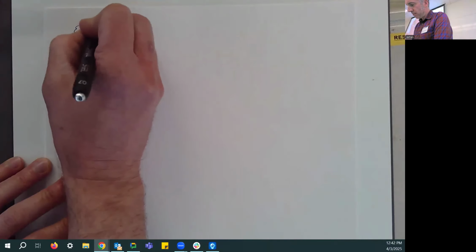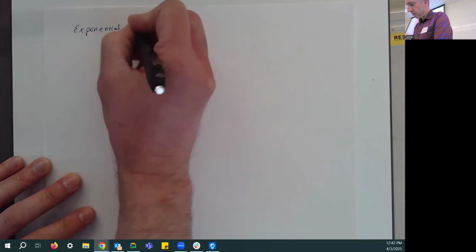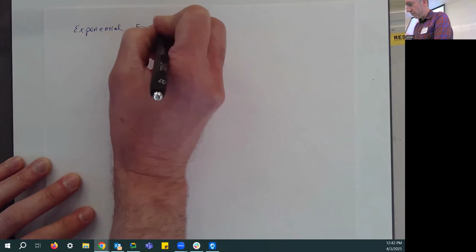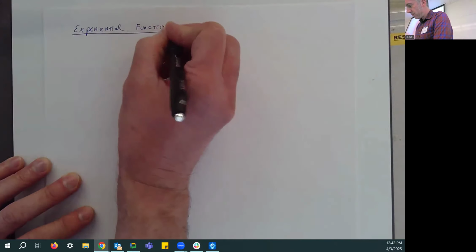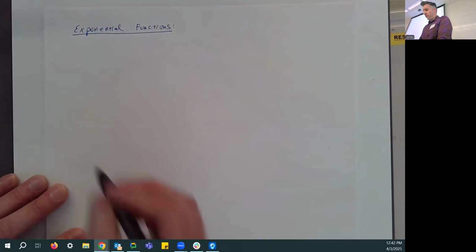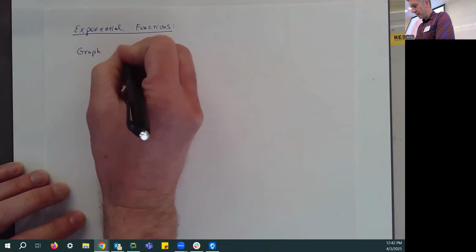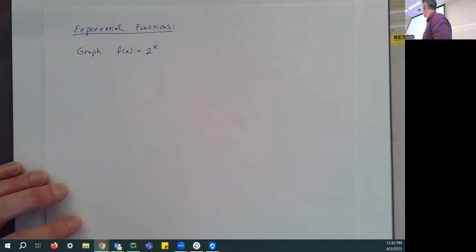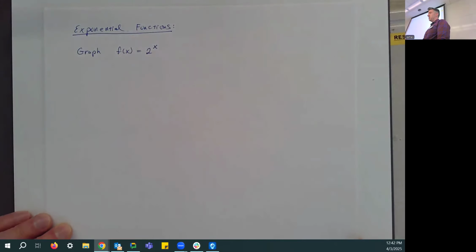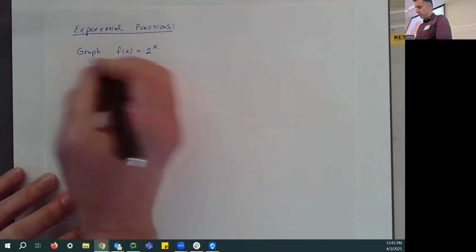So let's go ahead and talk more about exponential functions. So let's graph a few things. Let's graph first and foremost f of x equal to 2 to the x. Kind of my favorite, second favorite exponential function. We're going to plot a few points just to make it really kind of precise, and then we'll talk about how you don't really need to do that. So if I was plotting some points,